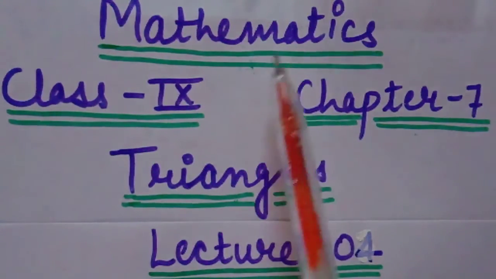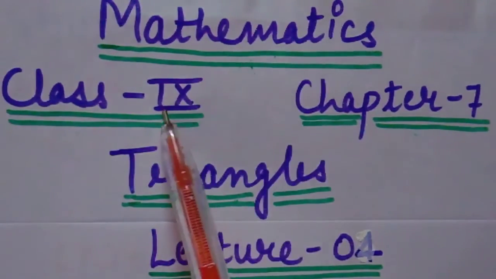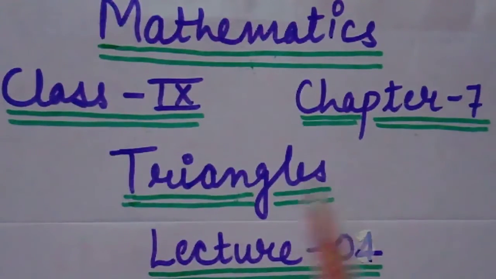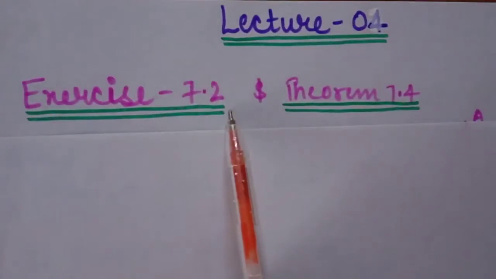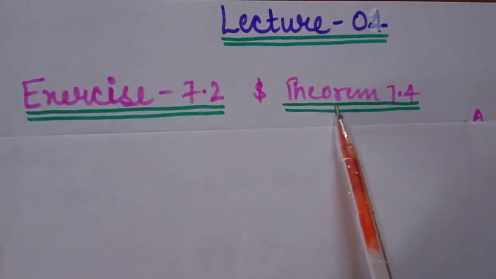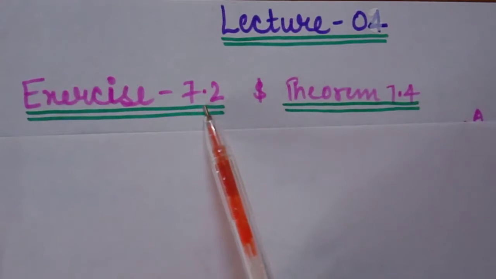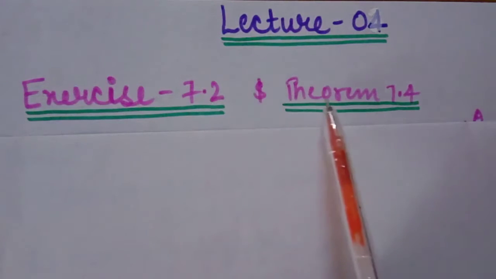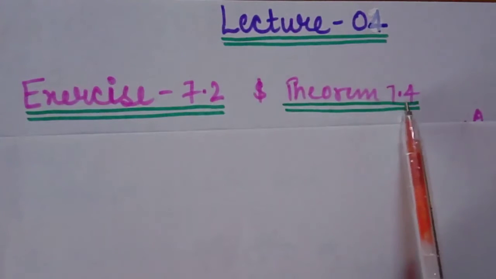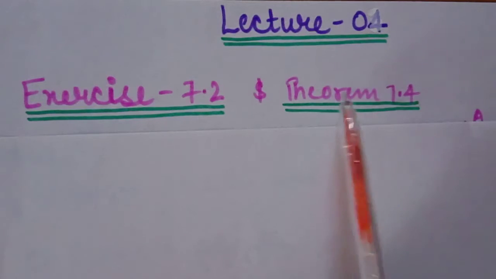So, students, this is your mathematics class for class 9th. This is chapter 7, chapter named Triangles. This is your lecture 4. So, students, in this lecture, we will discuss exercise 7.2 and theorem 7.4. We will take some questions of exercise 7.2, which is based on previous theorems, and we will do a new theorem 7.4. So we will start our lecture with theorem